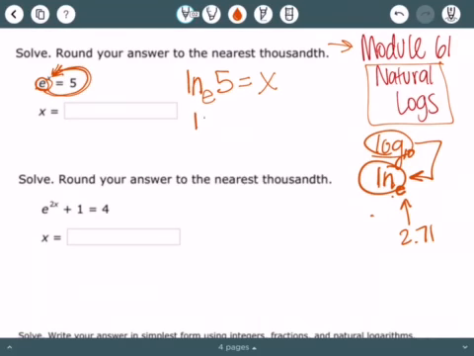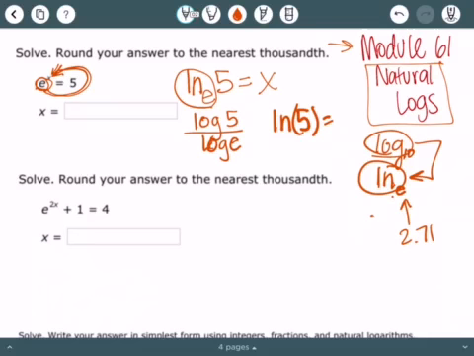In our calculators, we have been putting like log 5 over log E, something like that, a change of base formula. But the cool part is that ln of E actually work together. So we can just type in our calculators the natural log of 5, just like that. It's going to spit out a number. So if you try that on your calculator, natural log 5, you should get